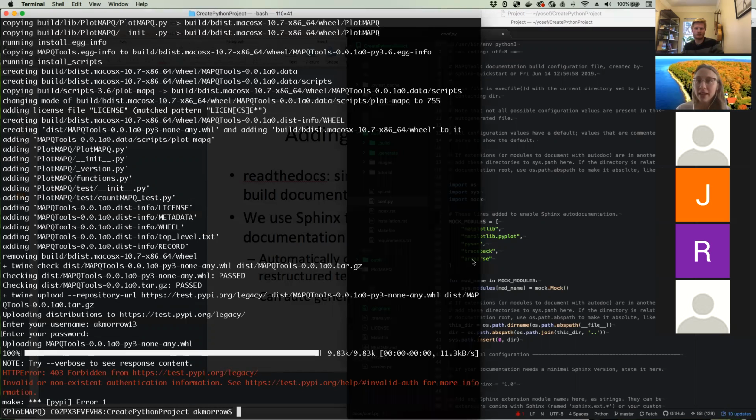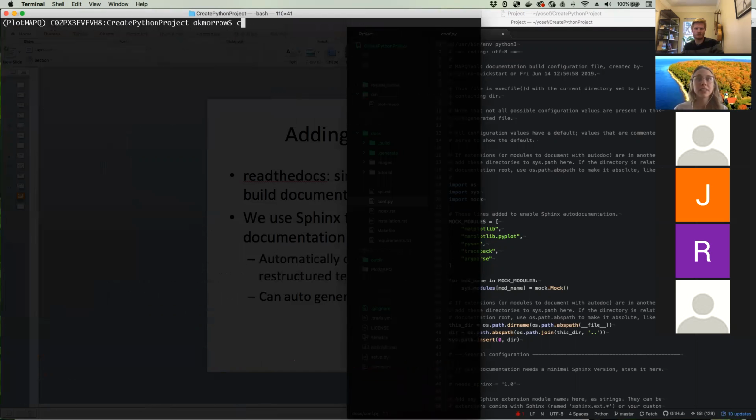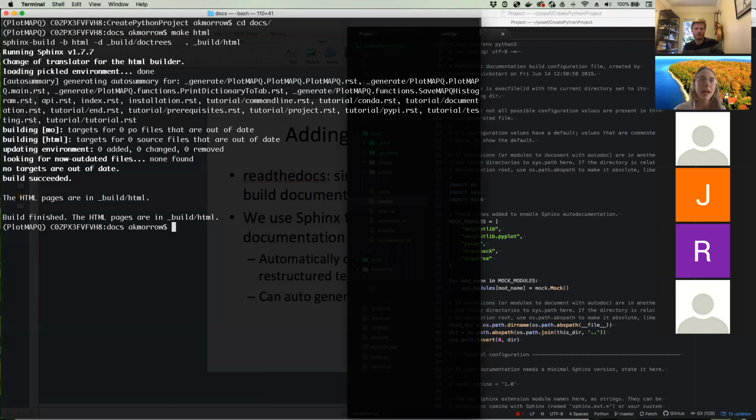Okay, so let's go ahead and build our docs locally. So I'm going to go ahead and navigate into my documentation folder, so cd docs. And I have a make file here that lets me build my documentation locally. So I can do make html. And this will go ahead and create my documentation locally. So it says the HTML pages are in build-html. So if I open this up,